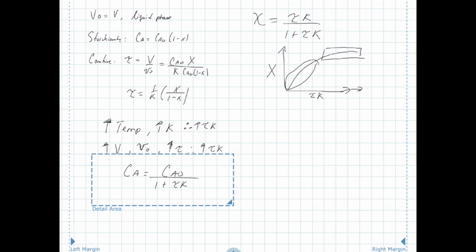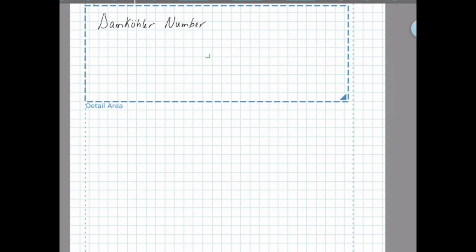So that means that we can have a concentration profile that is related to the characteristic time inside the reactor. So let's use now the example where we have a second order reaction in a CSTR, and we're going to use this example to introduce